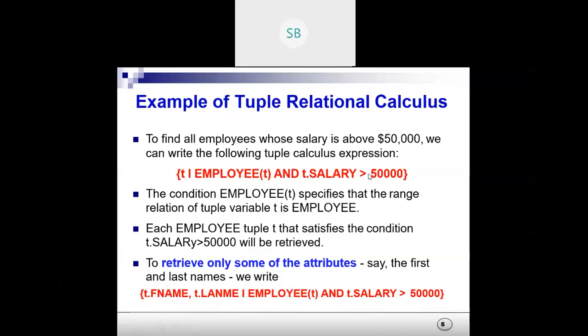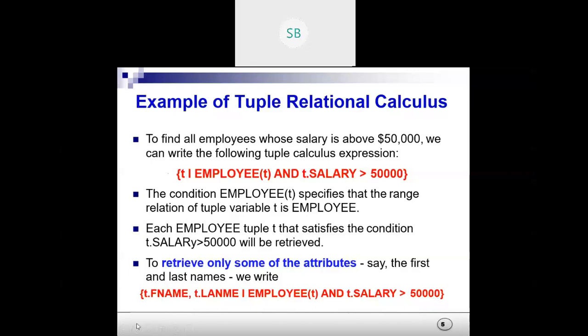But if we want to find only the specific attributes, like in this case, first name and last name, then this is also possible. In that case, you need to mention whatever variables or columns you want to retrieve. We need to mention it like this: T dot F name, T dot L name of all employees whose salary is greater than 50,000.